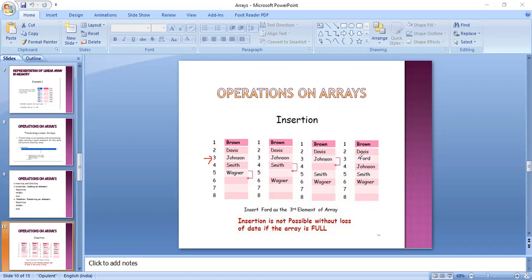So this is how insertion at a particular location in the middle of array can be performed.